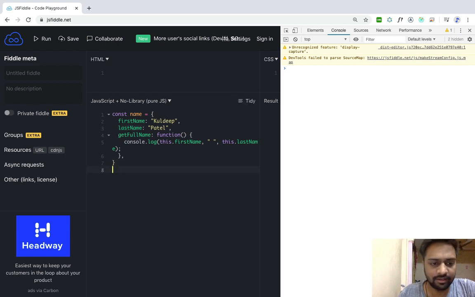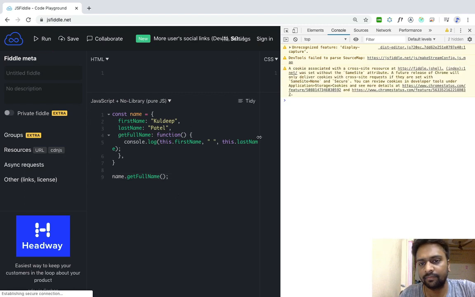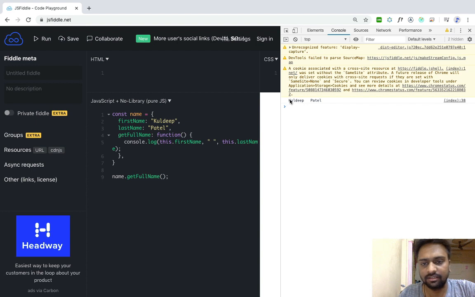So if I call this function name.getFullName, let's see what I get on console. I will get Kuldeep Patel on console.